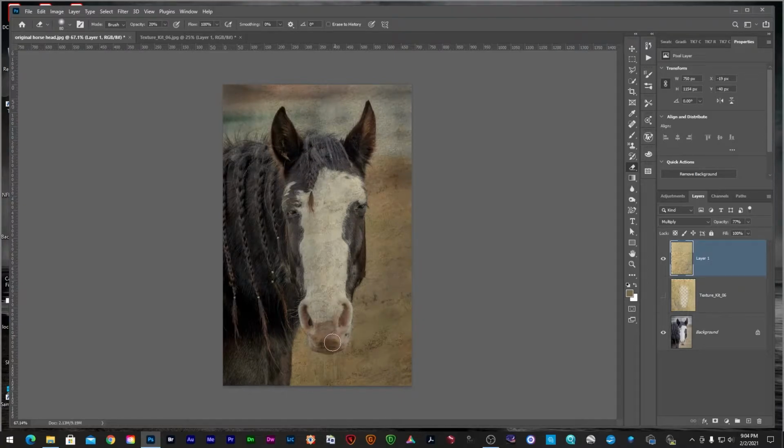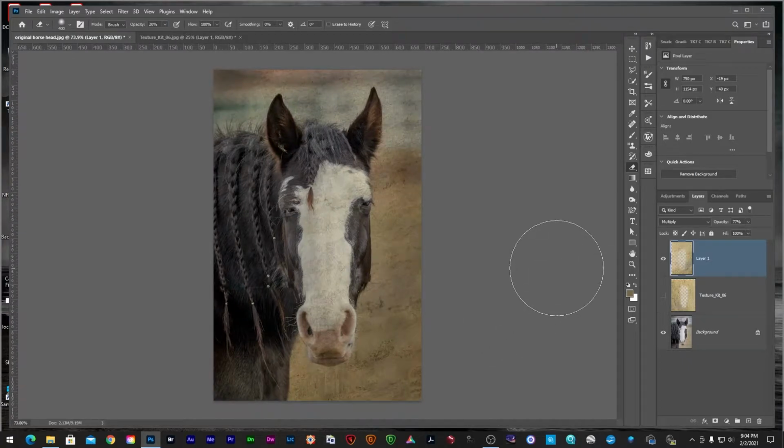Remember, this is all destructive, so if I make a mistake, the only way out of it is using Control Z or Command Z to back up if you're using an Apple. Now that I have what I would say is my final, I'm going to add a blank layer,